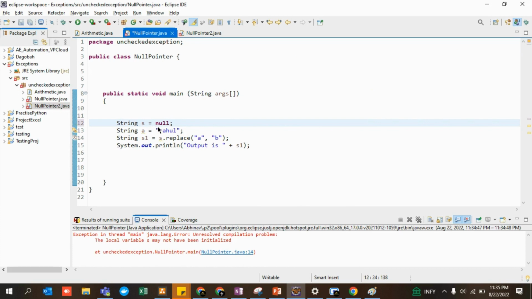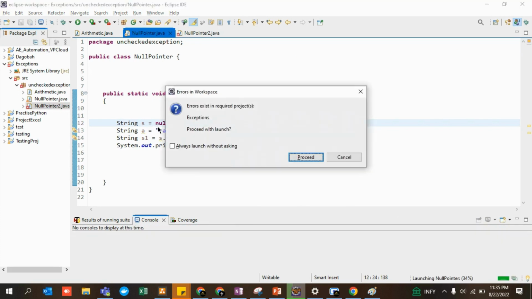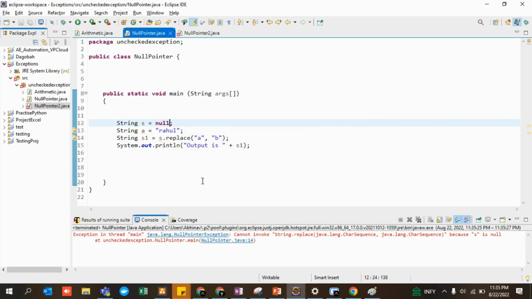If I assign it a null value, then it's also going to give me the same, because I've assigned it as null. If there is nothing, where are you going to replace it? If your food is not present, how are you going to replace that food with another food? If your string is not there, how is it going to replace a with b? This is the reason why this error occurred.